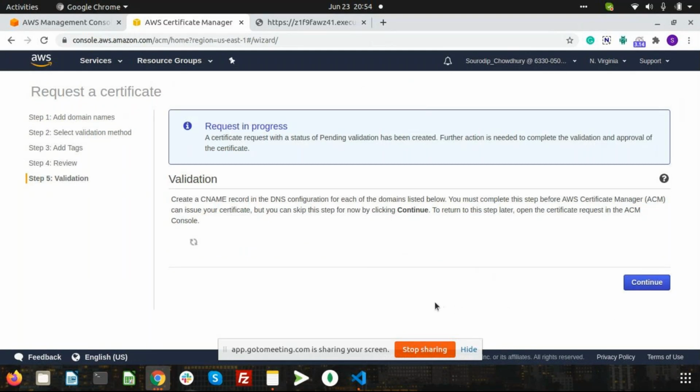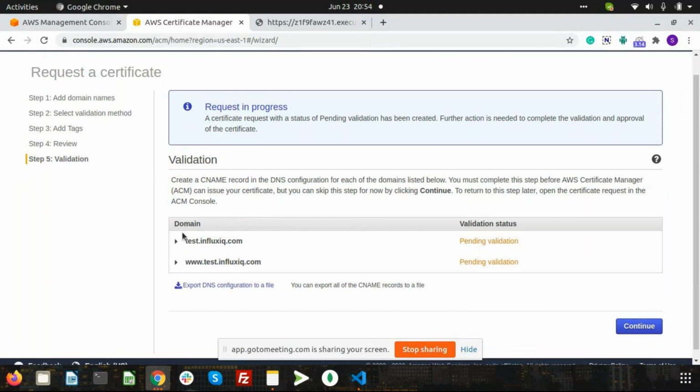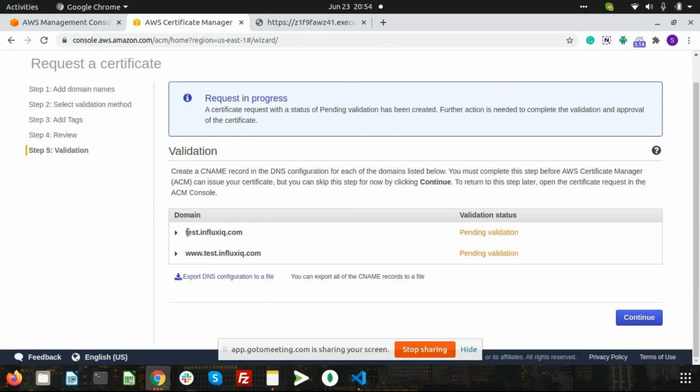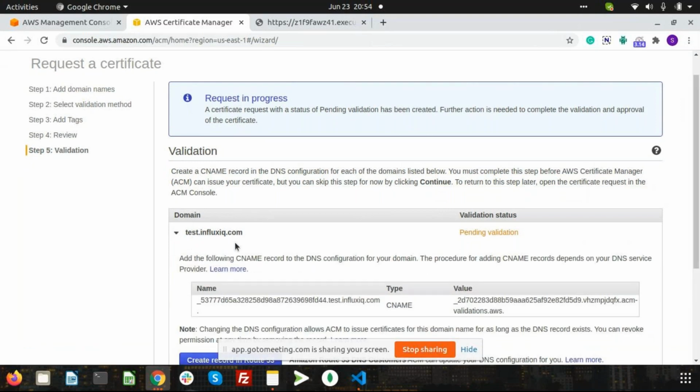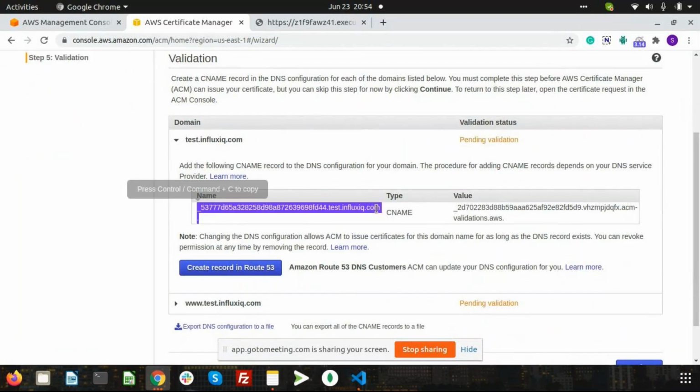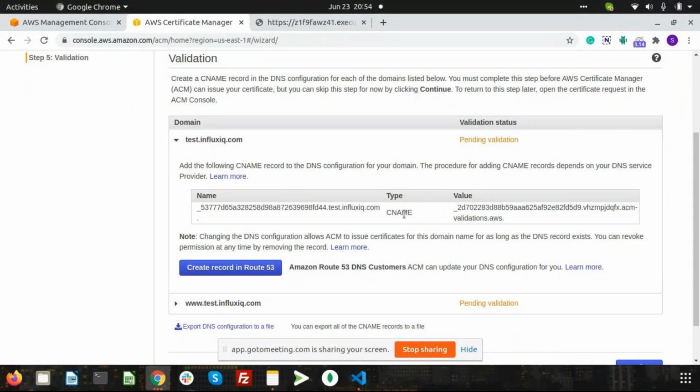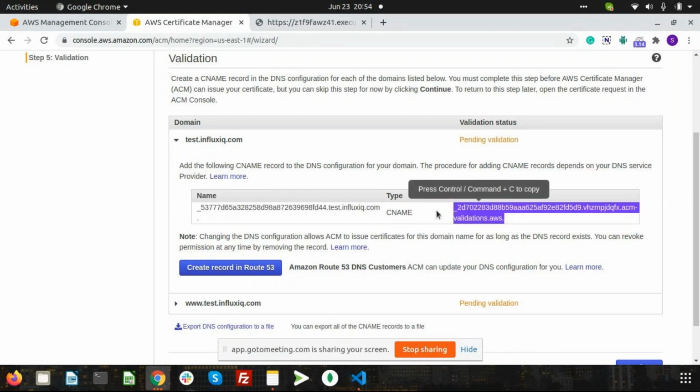When we confirm and request, under the validation command, they give the specific domain names over here. We're going to click on these and see they have given a certain CNAME type record that will be added in Route 53.